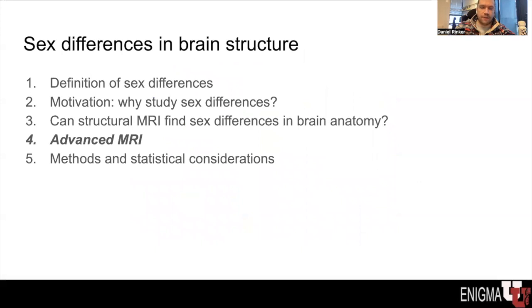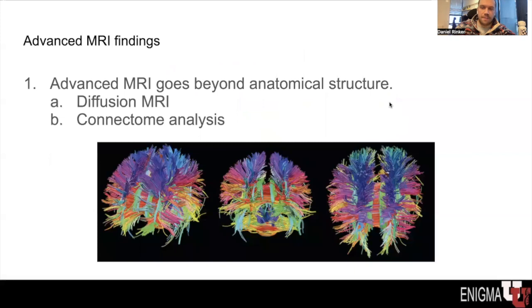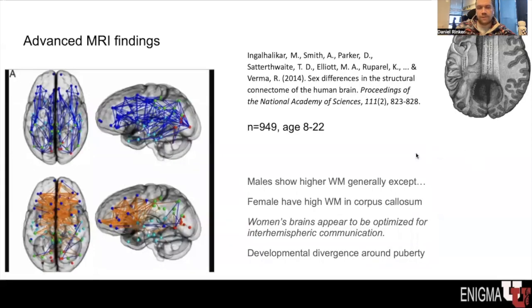Part 4, moving from structural MRI to advanced MRI. Advanced MRI goes beyond anatomical structure. I'm referring here to diffusion MRI, looking at white matter tracts in the brain. And from that, you can do connectome analysis. And in this ENIGMA-U course, I'm certain that this is covered in detail in another module, so I won't go further here on the methods, but I will report the findings of one study with a large sample, 949